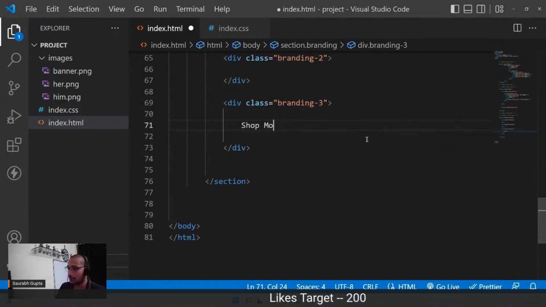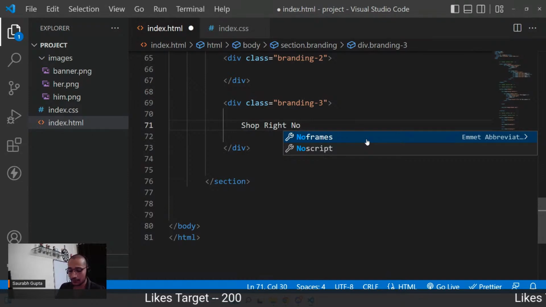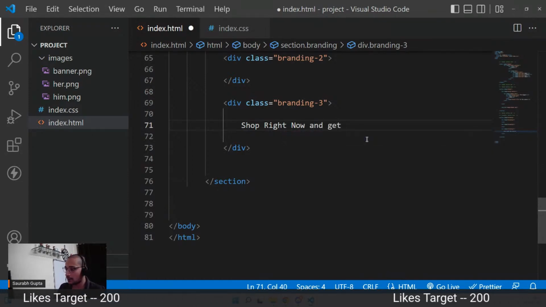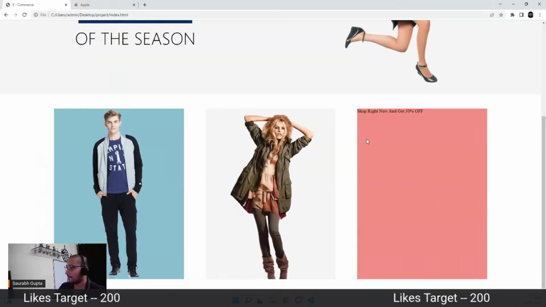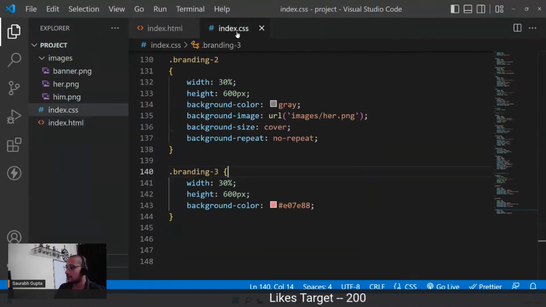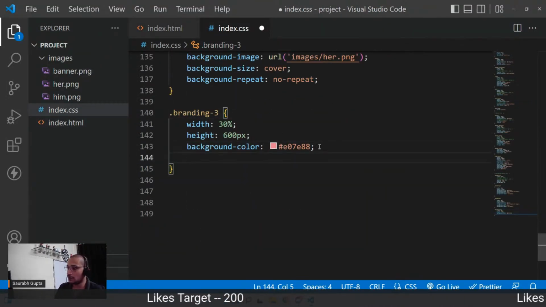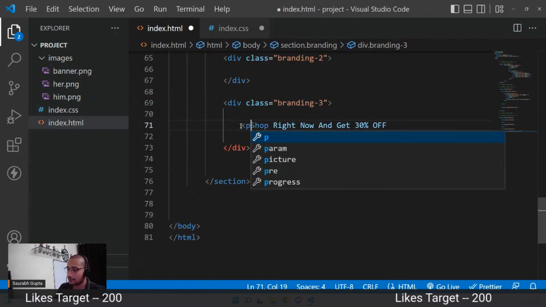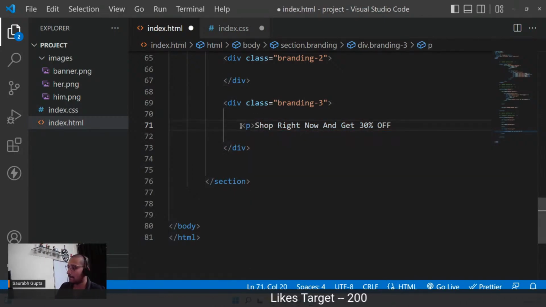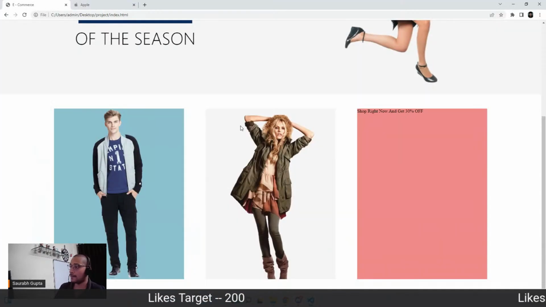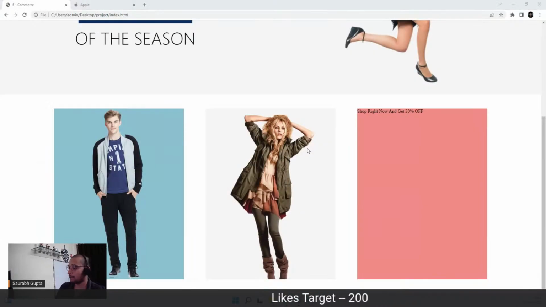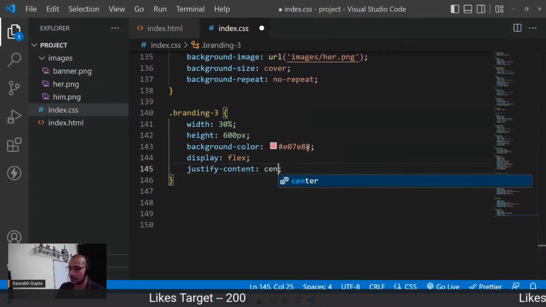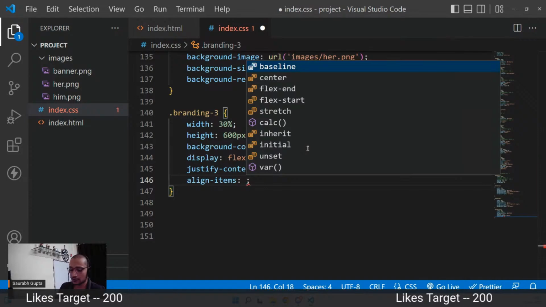Shop right now and get 30% off. You can see it here. Now let's just apply some CSS to it. So put it in a p tag. Display of flex, justify content center, align items center,